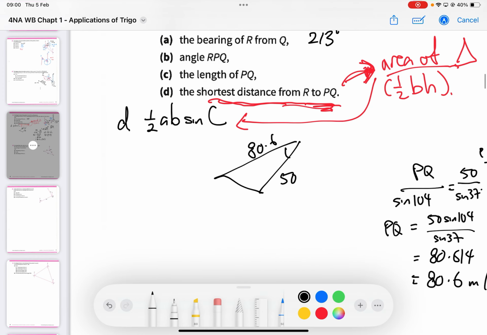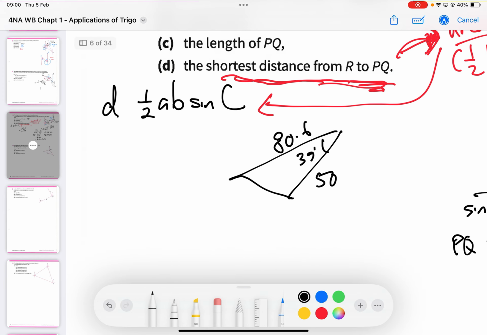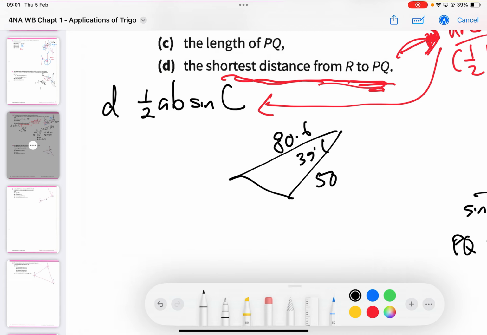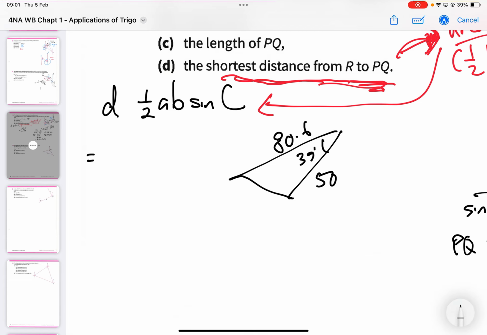I just put in the useful information there. Can you see that I have two sides sandwiching the angle, so I can use half AB sine C. A and B is which one, doesn't matter. As long as you know A, B are the two sides that sandwich the angle, then you just put in your